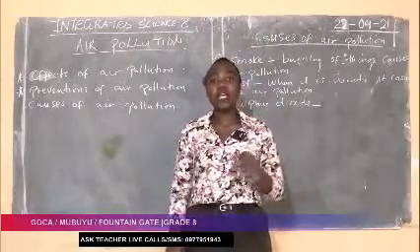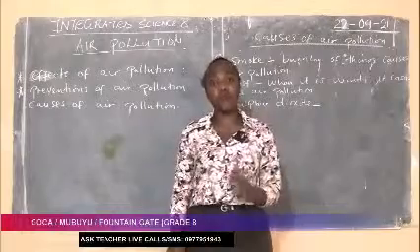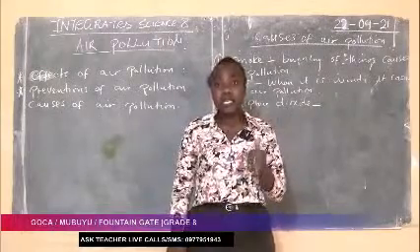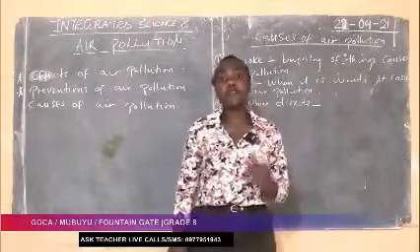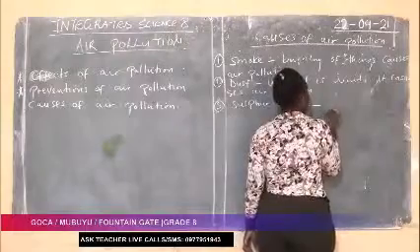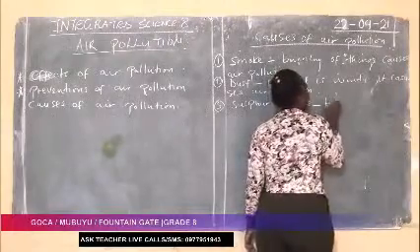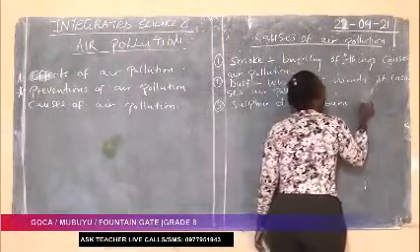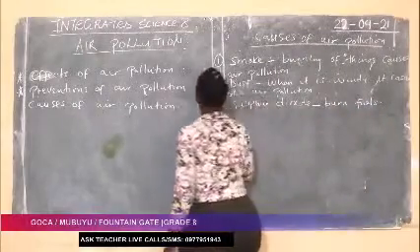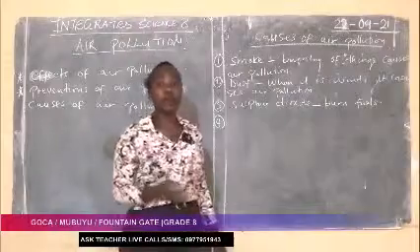And sulfur dioxide comes from the burning of fuels. Are we together, class? Sulfur dioxide comes in when you do what? You burn fuels. Okay, so sulfur dioxide is one of the causes of air pollution, and this comes about when you burn fuels. Then the fourth one we have is carbon monoxide.